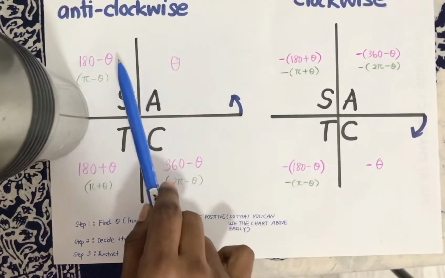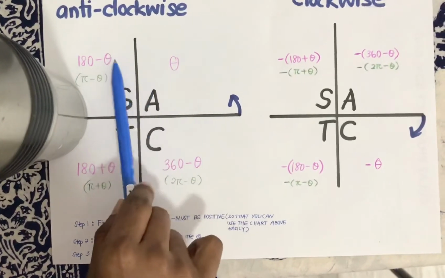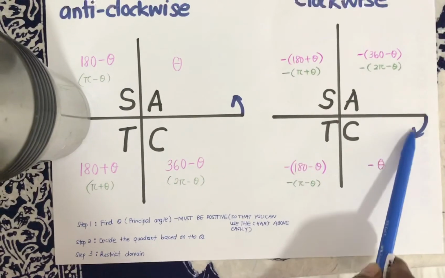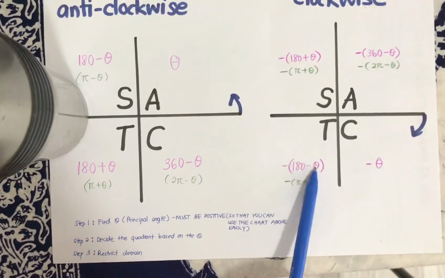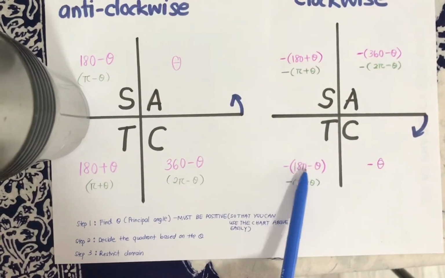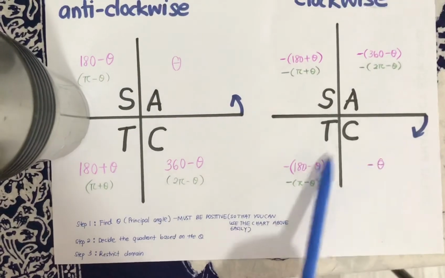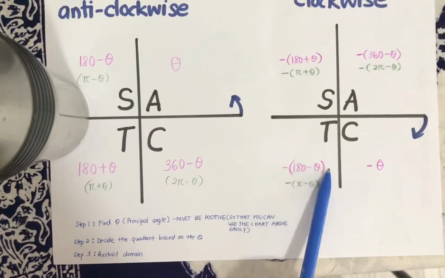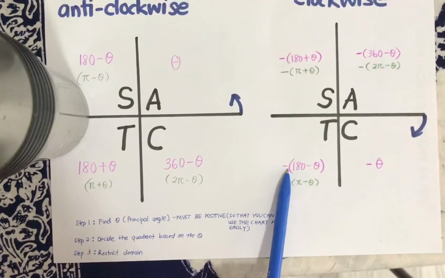Look what I have done here. After the theta, in the second quadrant, I will get 180 minus theta, right? I'm also getting that. When I go down, literally this becomes the second quadrant. It's 180 minus theta. But because I'm going down, I will add a negative. So don't try to memorize the expansion. Instead, you understand this concept.